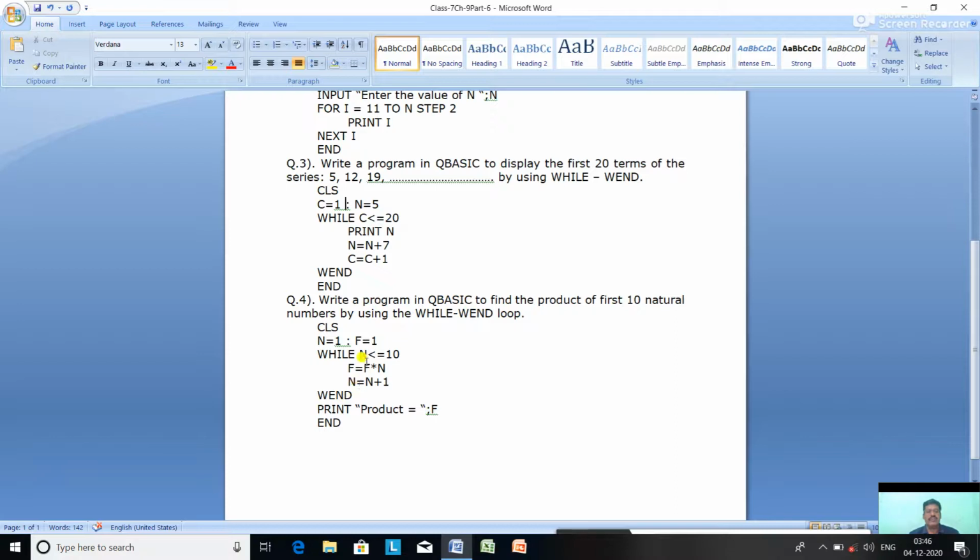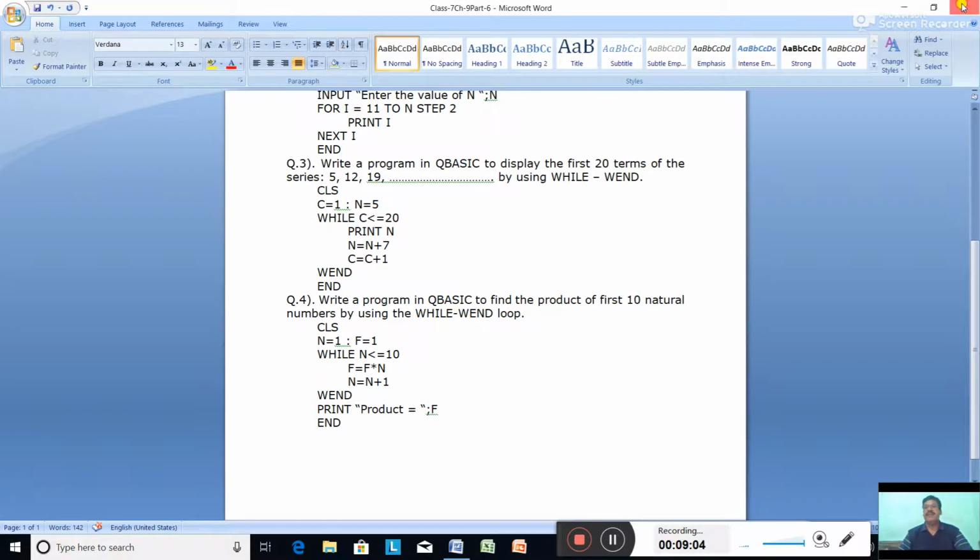Now the N value is 2, 2 is less than 10, yes, so 2 is multiplied in F. Now 2 plus 1, 3, 3 is less than 10, so 3 is multiplied. Like this, one by one all the numbers will be multiplied in F and the product is printed. So this is also called the factorial of 10. Factorial means the product of the numbers 1 to 10. Let us see the program.